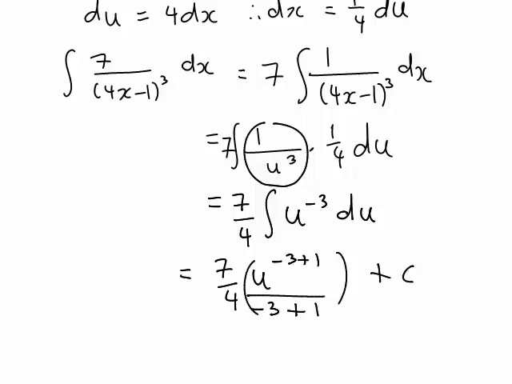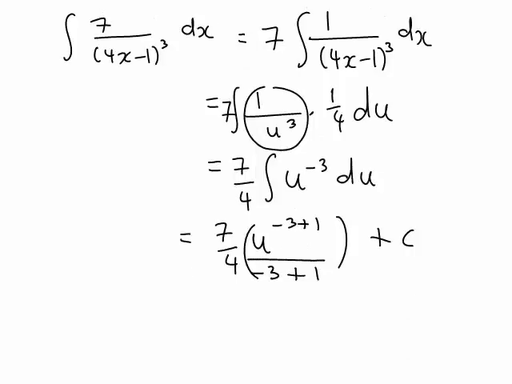So now it's just a matter of tidying that up a bit and then substituting back our initial expression in terms of x. So first, tidying up our expression a bit, that's 7 divided by 4 times u to the negative 2 divided by negative 2 plus c,